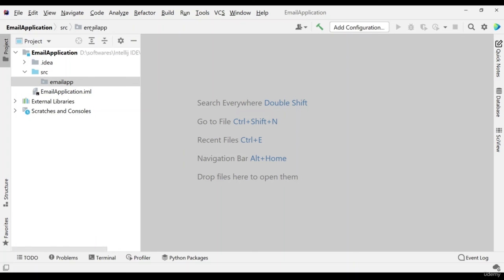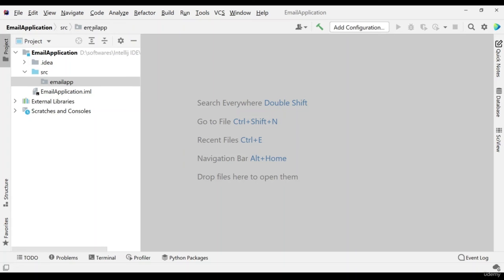For this we need to create two classes. What is the requirement of creating two classes, you will ask? In one class we are going to create the main method, which is basically the executing method, and in another Java file or class we are going to specify all our methods.